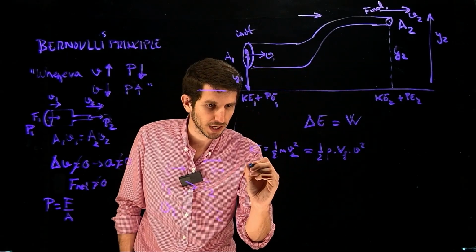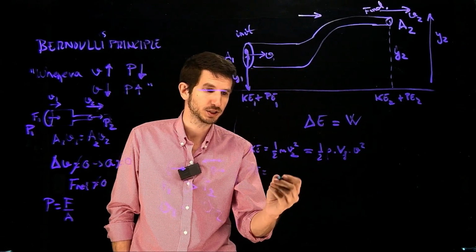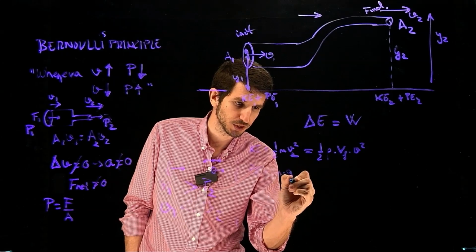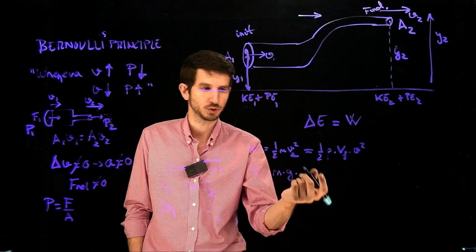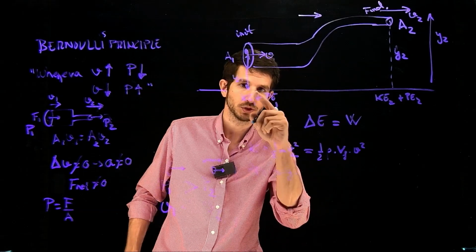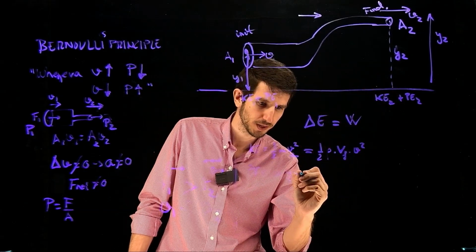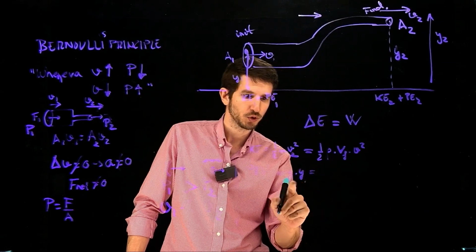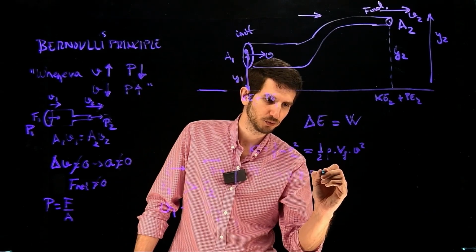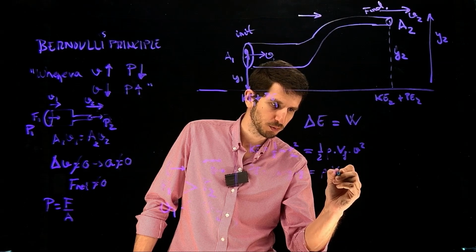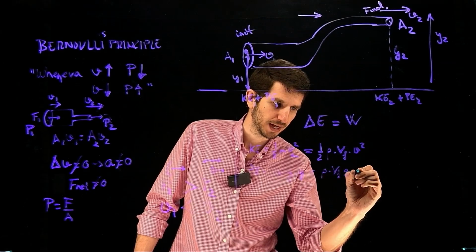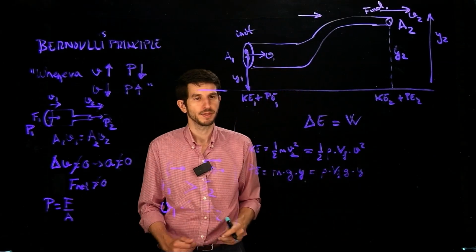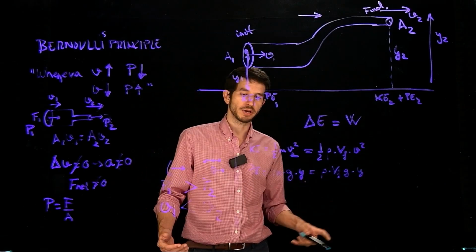What about the potential energy in this case? Well, potential energy in this case is going to be the mass times g times the height, and the height is going to be whatever the height is, which is y1 or y2 in there, okay? But again, in this case, we don't want to use mass, so we're going to have to write rho, the volume of the fluid, g, and the height, which we can call y, okay? And so now we can write all the